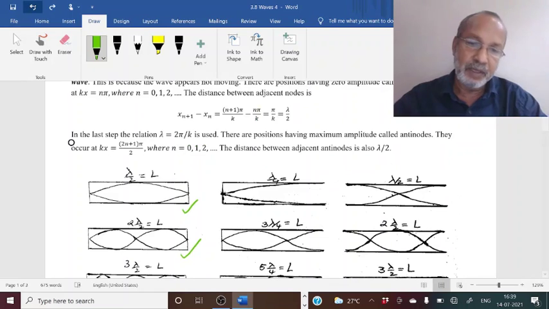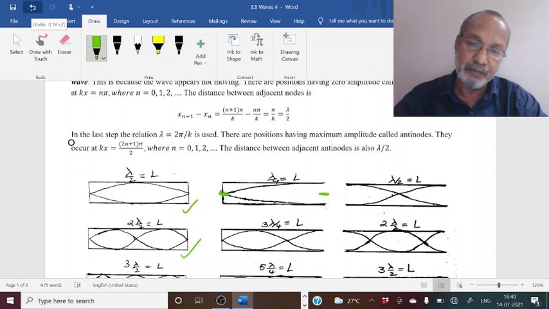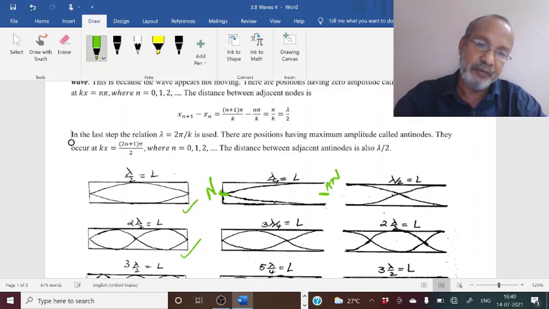So we can see that these vibrations can have certain definite frequencies only, and these frequencies are called normal mode frequencies. If the pipe is closed at one end and open at the other end, then the air particles at the left end cannot vibrate to and fro because the pipe is closed there, but here it can freely vibrate. So an antinode will be formed at the open end. So here an antinode will be formed, and here a node will be formed.